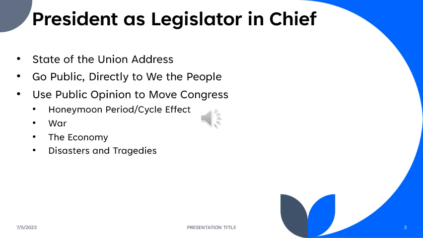One, there is this thing called the honeymoon period, although that seems less and less a thing. But historically, when a president first assumed office, we the people would have a very positive view of that president, right? With the idea being, this is the new guy. Let's give him a chance. Let's see what he can do. Let's give him the benefit of the doubt. The honeymoon. Typically the first 100 days of a presidency.